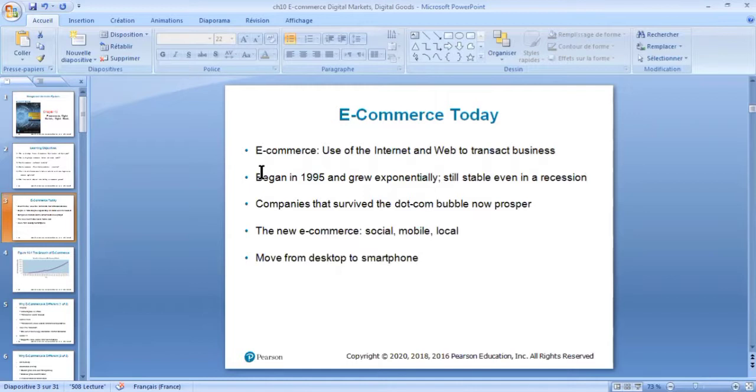Nowadays, living without e-commerce seems difficult, seems impossible. E-commerce has become one of the most popular methods of making money and an attractive opportunity